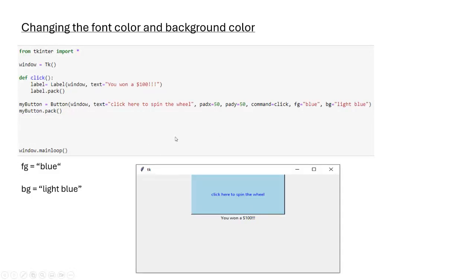And for customization of the button itself, we can change the font color and the background color. It's very simple. We just add FG and BG. So FG for font color and BG for background color. So we have here in the button we have FG, set it to blue, and the BG, which is light blue. And we run the code. We can see here it's blue. The text is blue and the background color is light